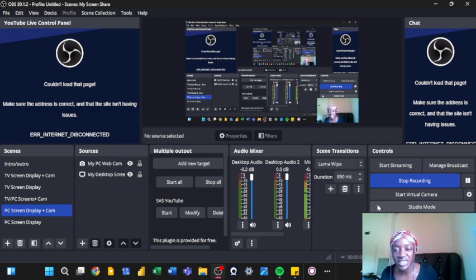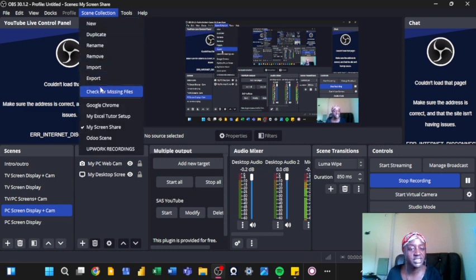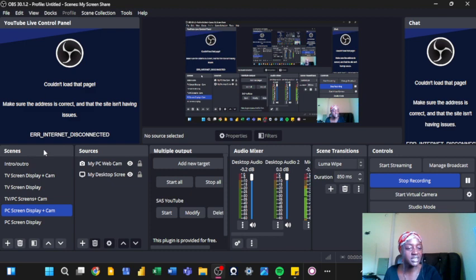And I'm applying it to simplify my own work process. For instance, let me give you just a little bit of what I mean. If you come over here to scene collections, you can see that you can have multiple scenes. So scenes are these scenes. You can have a collection. So these scenes that I already have added to my scenes here,